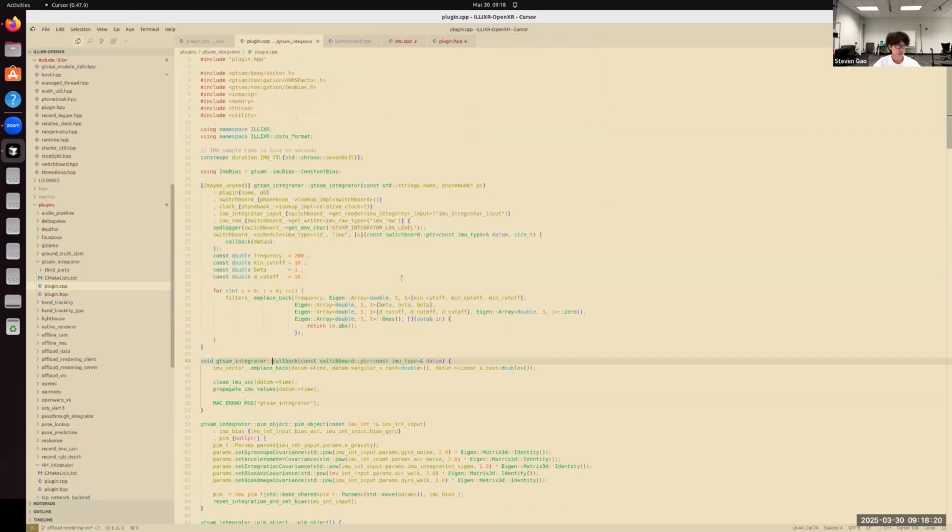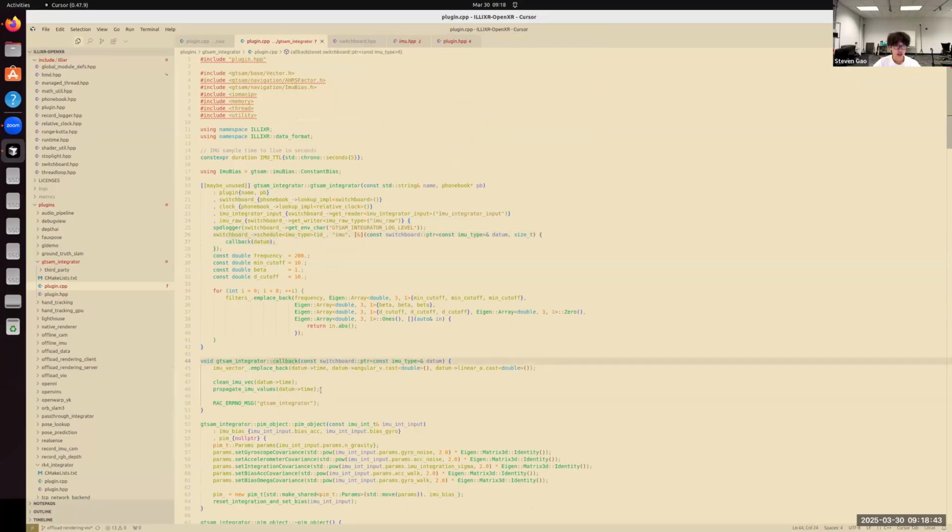So let's open that up, and let's look at line 26. Here it schedules a callback on the IMU topic, which the Z plugin has just written into, right? We just showed how you would write to the IMU topic. So here we schedule a callback, and let's see what it does.